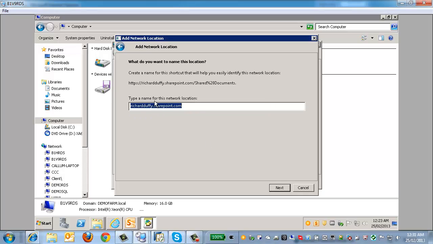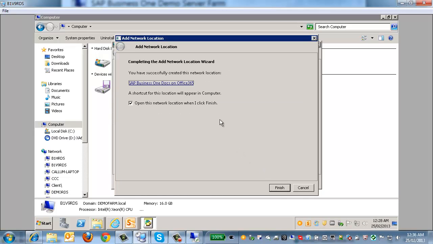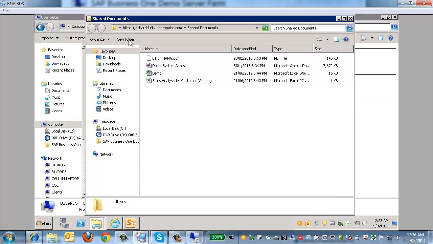And you can see it's now going to give this a name for this network location. Now I can leave the default here, richardduffy.sharepoint.com, or I can call it, let's say, SAP Business One Docs on Office 365. So given that the name, and then I'll say next. Alright, and so you can now see I've got a shortcut for this location which will appear in computer. So when I click finish, it's going to open that network location. So I click finish. There it is,